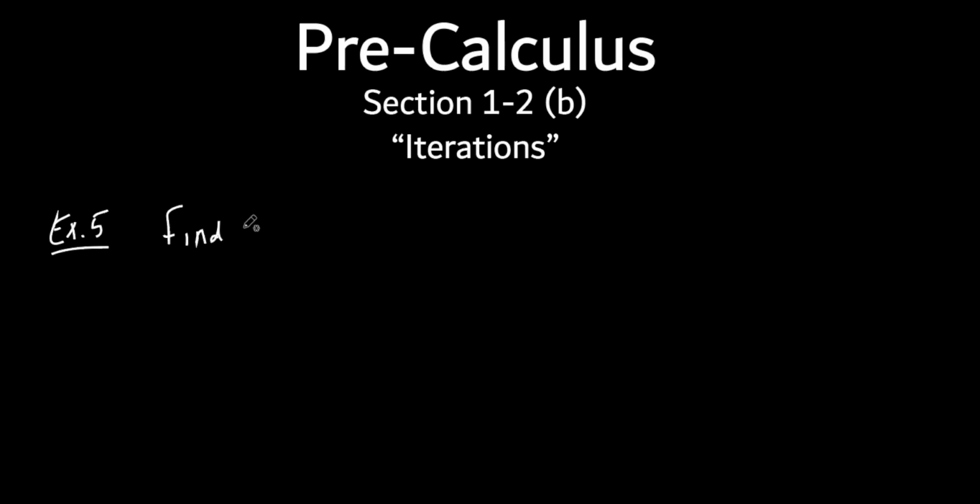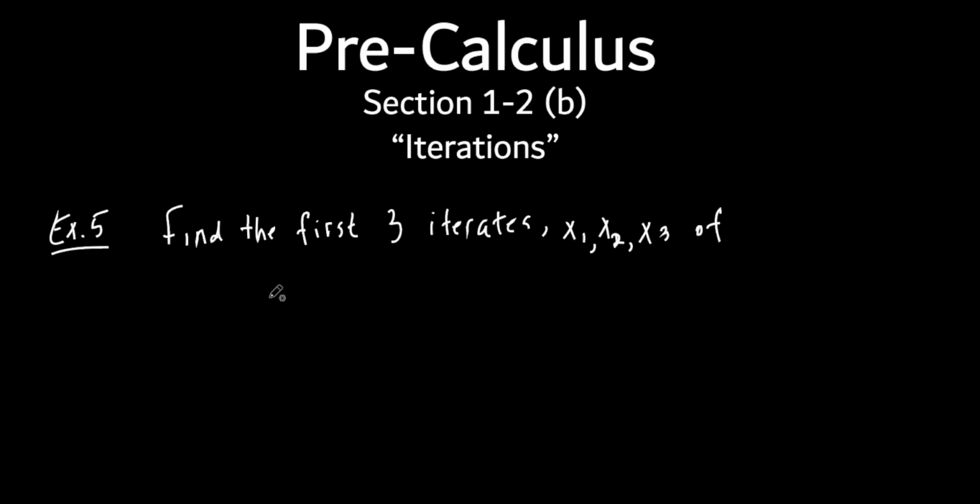Find the first 3 iterates, which we're going to call x1, x2, and x3 of this function f of x equals 2x minus 3, with the initial value